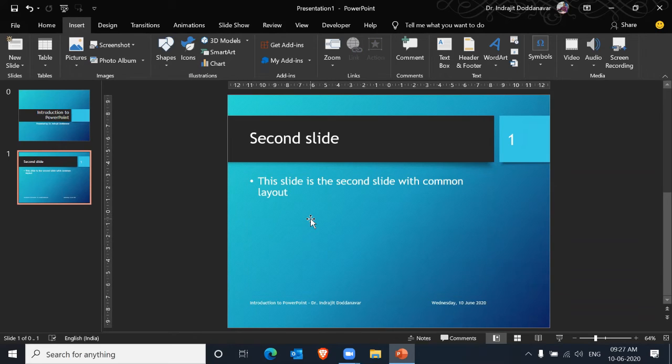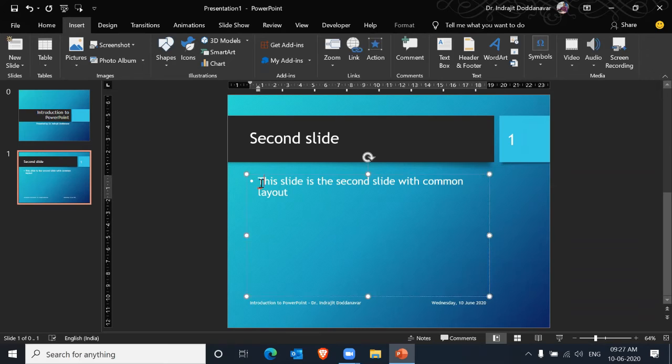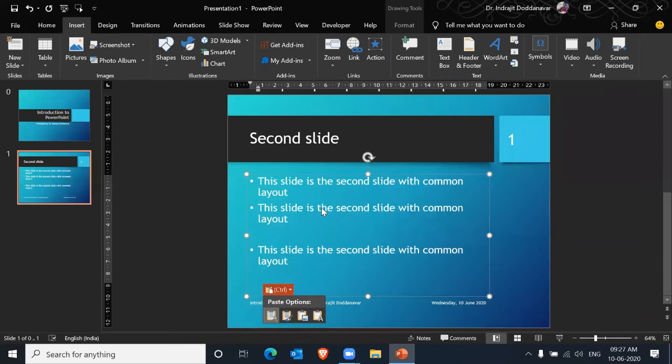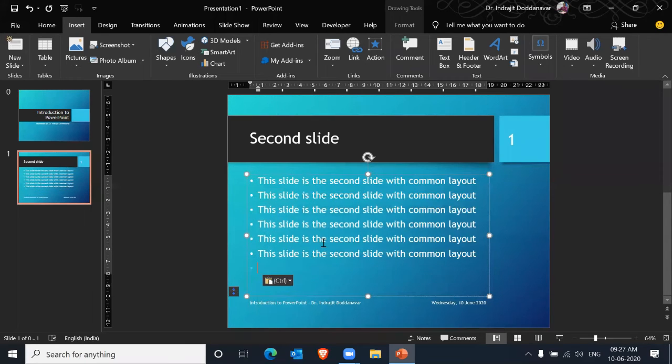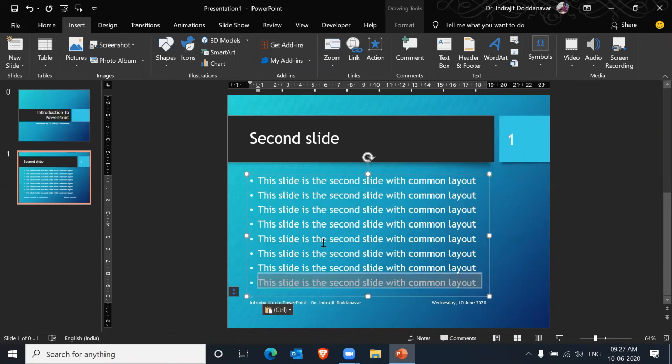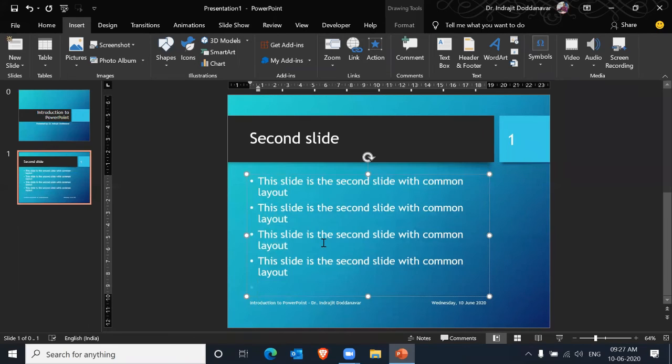And one advice is that this is 1 point. So similarly, you should have a maximum of 5 points, right? If you go more than 5 points, it will start reducing your size, and it will become congested. So whatever we do, we'll have to see that we have 4 or 5 points in our slide, and it should not be elaborate, but it should be specific enough so that after seeing that point, we should be able to explain, and also the audience should understand what exactly you are trying to communicate.